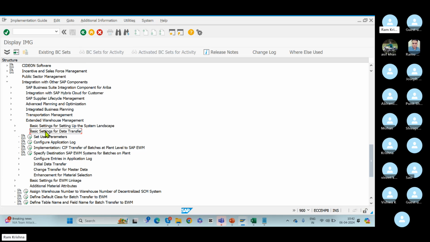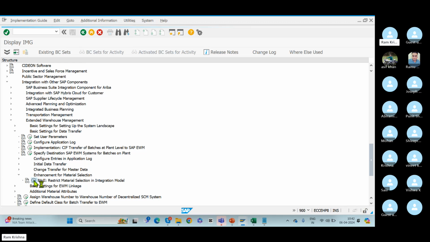Yes. Go to data transfer. Okay. Basic setting for data transfer here. Now here, if you see enhancement for material selection. Enhancements for material selection. Now, if you go here, can you see BAdI? Business Add-Ins. Restrict material selection in integration model. When you do SIF,